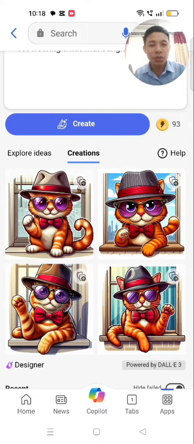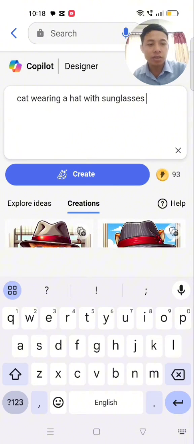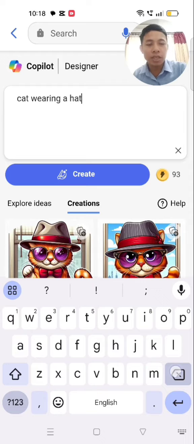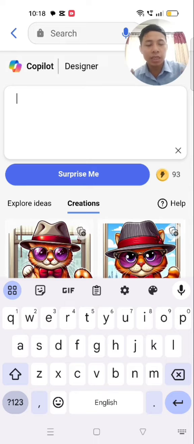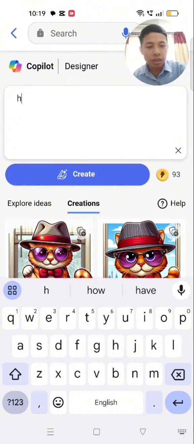So it's so cute, yeah. It's a cat wearing a hat with sunglasses. Or you can write something that comes up in your mind, like a horse